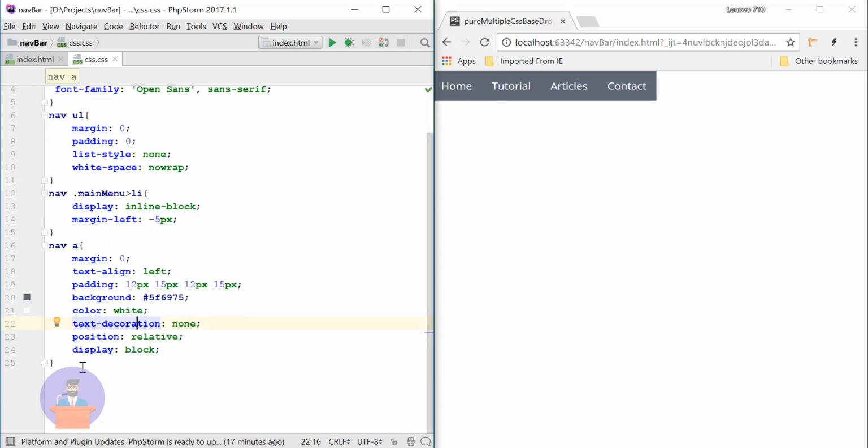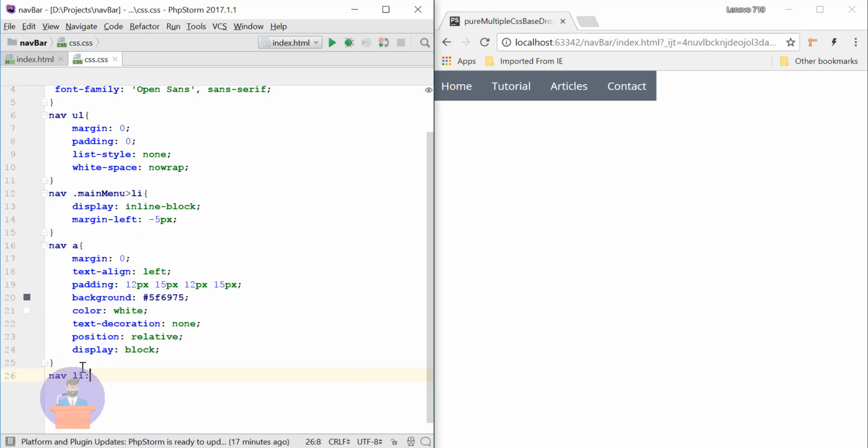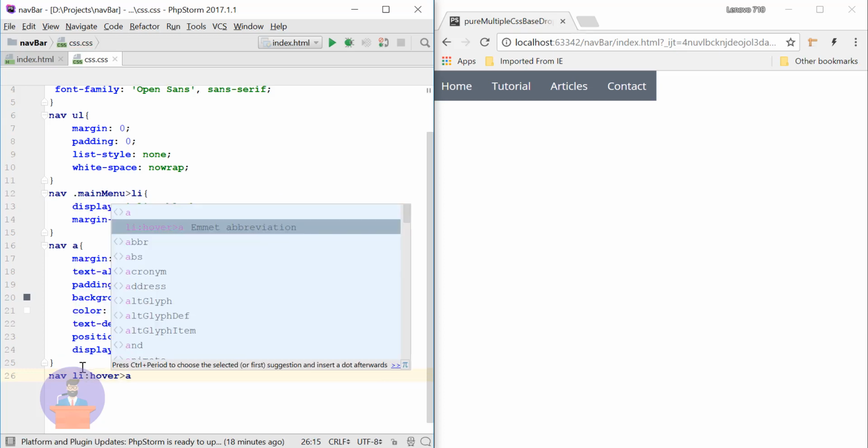Let's provide some hover effect to this anchor link. Inside the navigation element we have the li element, and on hover of li we will change this immediate anchor link property.